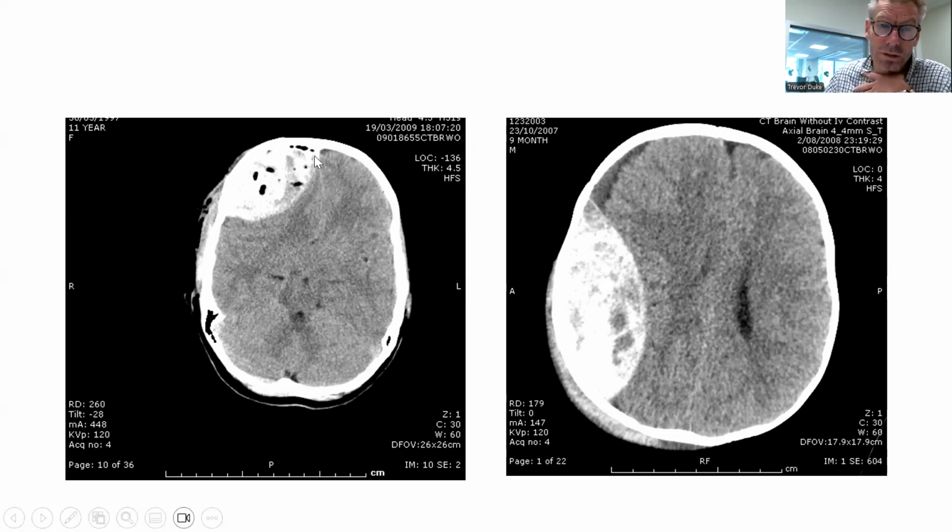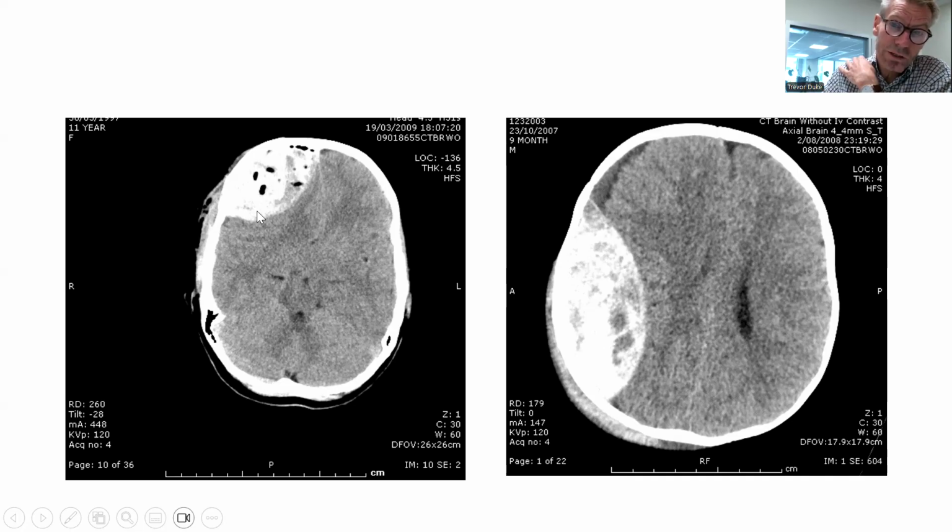The CT scan on the right-hand side shows a large right frontal extradural hematoma. And this was a child who had a traumatic, in fact, penetrating injury to the frontal lobe. And you can see that it's penetrating because within the large extradural blood clot, you can see some black areas, and the black areas are air. And so if you've got air within the brain substance,